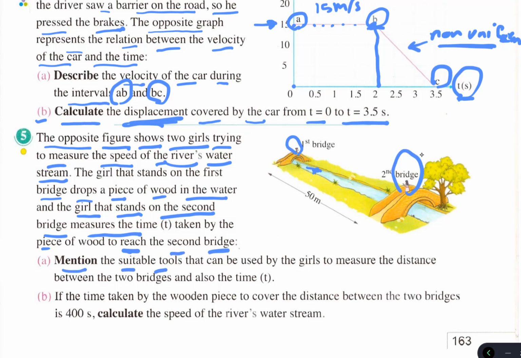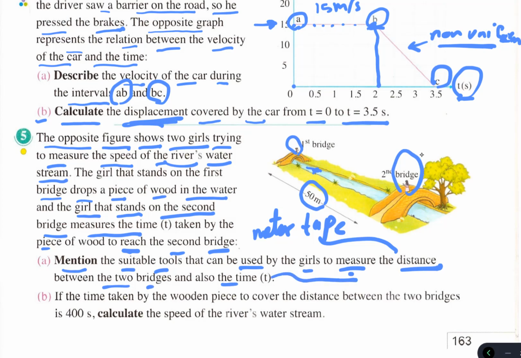Mention the suitable tools that can be used by the girls to measure the distance. The distance is 50 meters, so we can use a meter tape, right? Between the two bridges, and also for time, we can use a stopwatch, right? If the time taken by the wooden piece to cover the distance between the two bridges is 400 seconds,